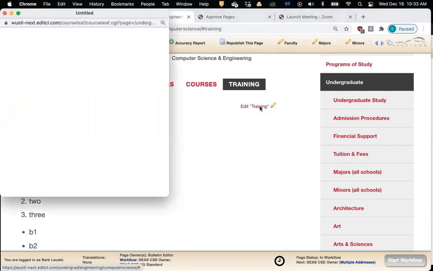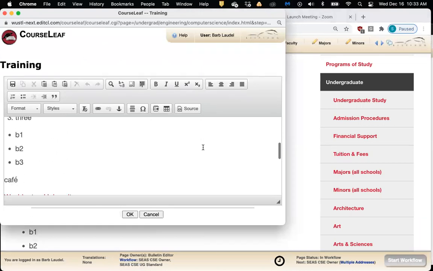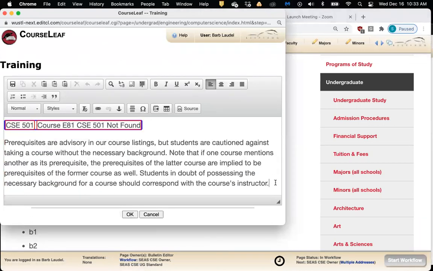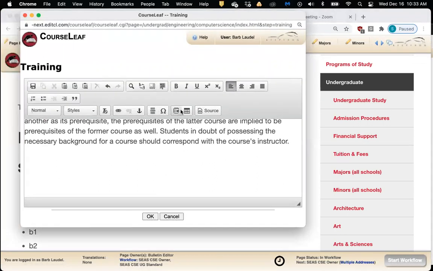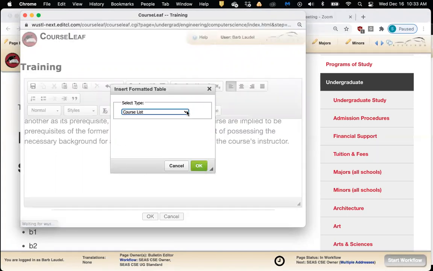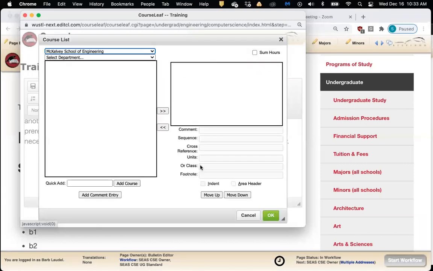So when I do a course list, the first thing I want to do is go to the icon that is this one right here. It looks like a grid. It says insert, edit formatted table. So when I click on that, I'm going to see this pop-up box and it will say course list. So I'm going to click OK.